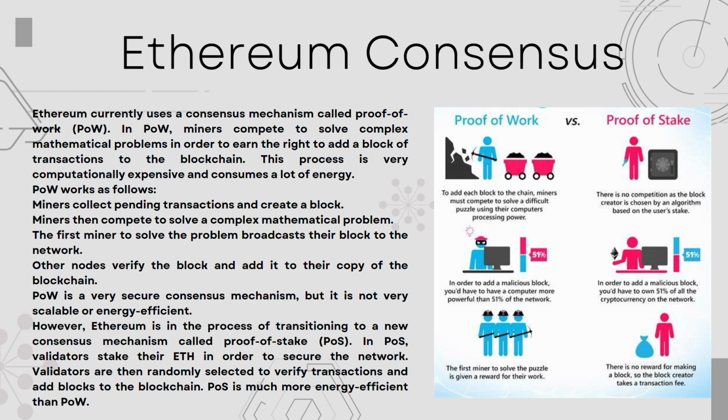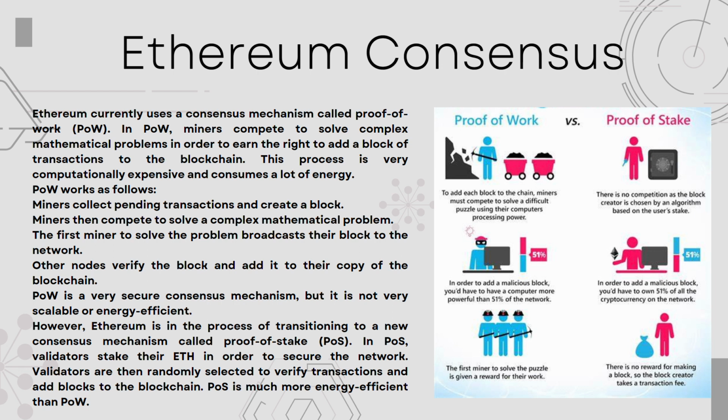The miner collects the pending transactions and creates a block. The miners then compete to solve a complex mathematical problem. The first miner to solve the problem broadcasts their block to the network. Other nodes verify the block and add it to their copy of the blockchain. Proof of work is a very secure consensus mechanism, but is not very scalable or energy efficient because of its extensive